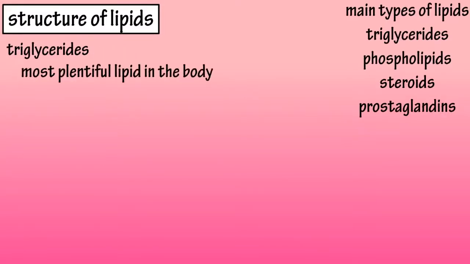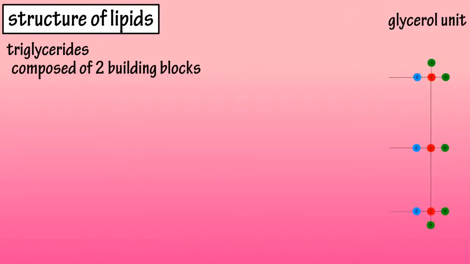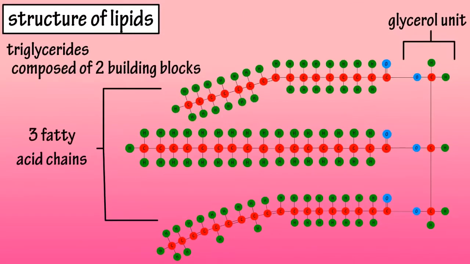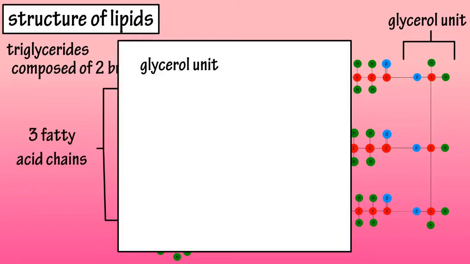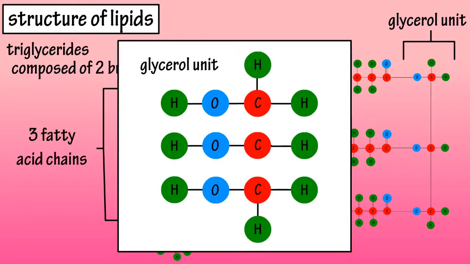Triglycerides are the most plentiful lipid in the body, and they're composed of two building blocks, a glycerol unit and 3 fatty acid chains. A glycerol molecule has 3 carbon atoms with 2 bonded to 2 hydrogen atoms and 1 bonded to 1 hydrogen atom. They're also bonded to a hydroxyl group, which is an oxygen bonded to a hydrogen, and the 4th bond being